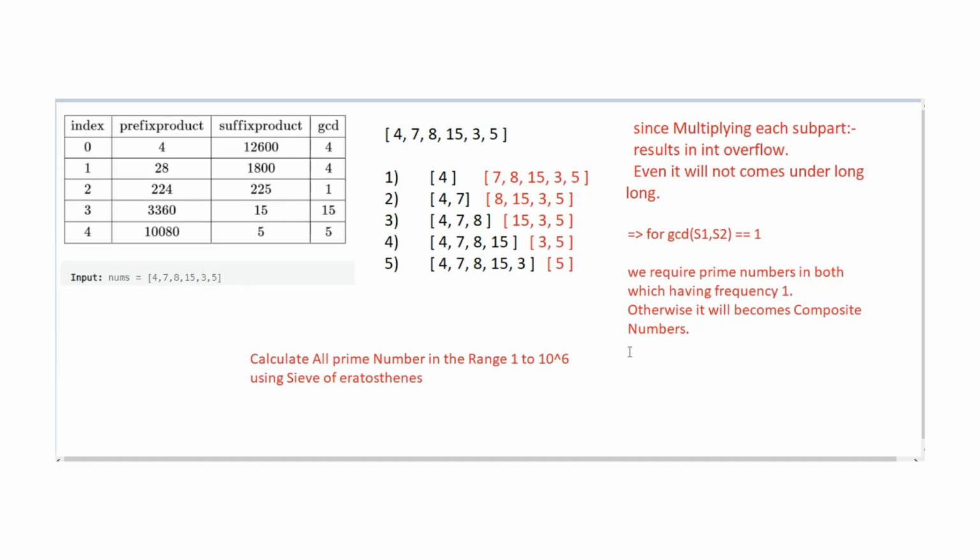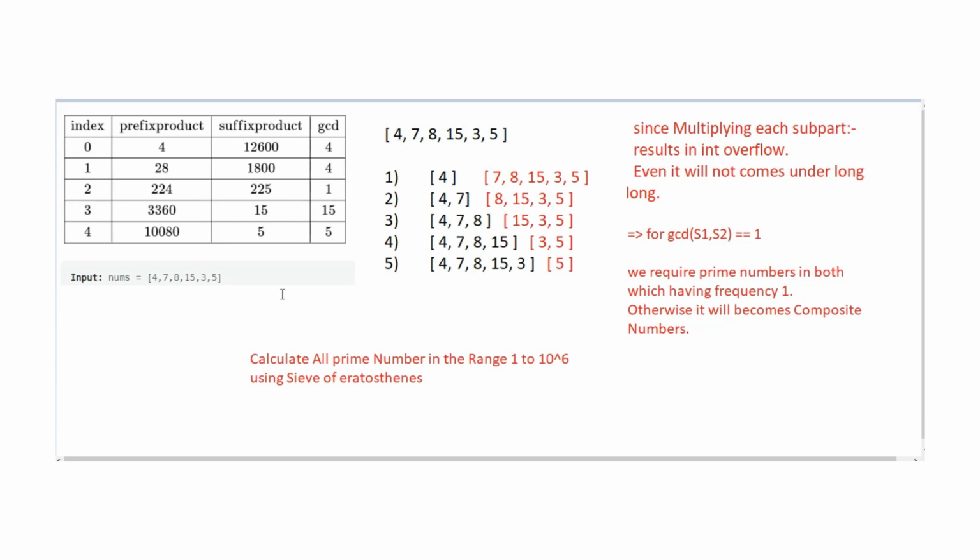As I have mentioned, for the 4, you can check whether in the prime vector the value is true or false. As our vector is boolean, we are storing whether the number is prime or not. If 4 is prime, we will increment its count in the map. Suppose here 4 is not prime. It is a multiple of 2 and 2. So it will go inside the else part, break that number into its factors and store those factors into the map.